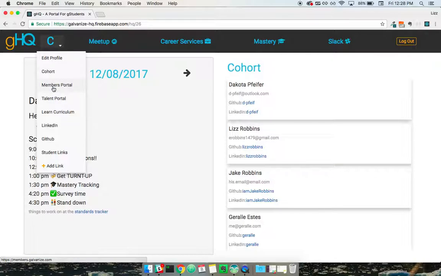You can also access the members portal for Galvanize, the talent portal, and the Learn site, which all host different aspects of the Galvanize portfolio for students. You can also access your own LinkedIn profile, your own GitHub profile, and we also have a feature that we're going to be building out in the future, which will have a bunch of student links, resources for design and